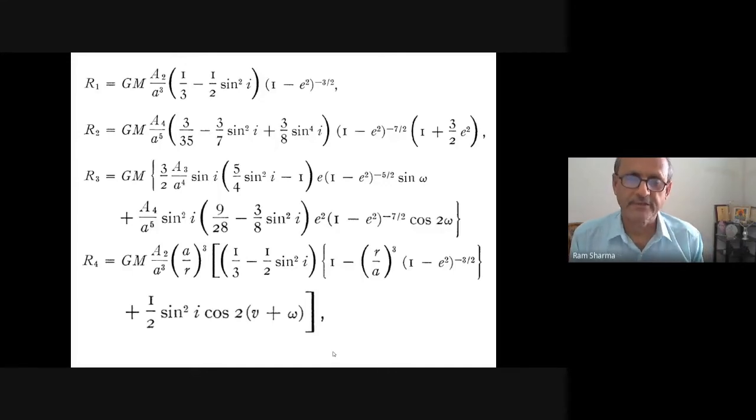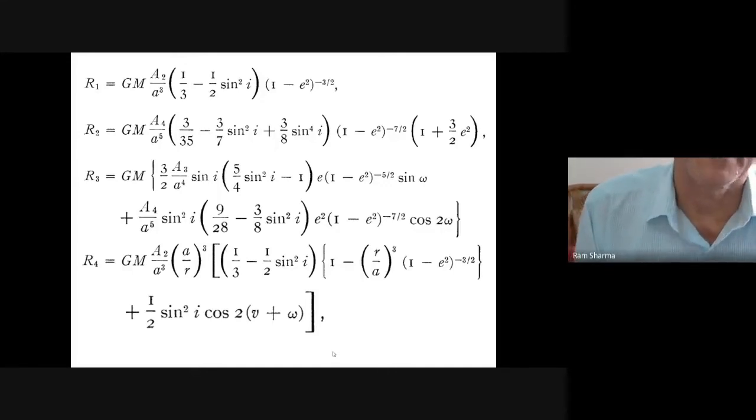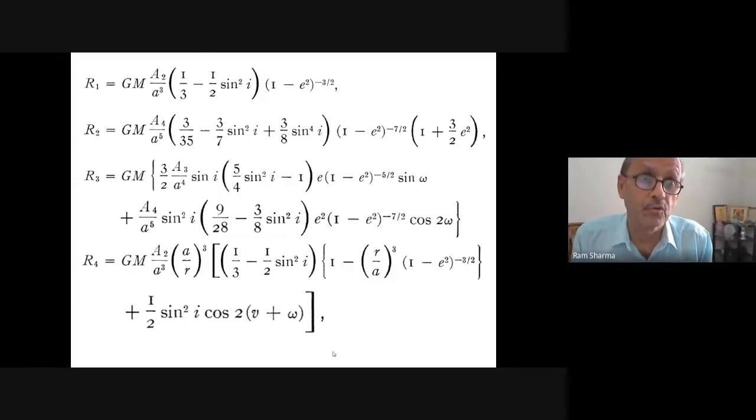From where we got, in the restricted three-body problem, n squared is equal to 1 plus 3 A2 by 2 A1, whatever we got there, that was the one this gives. So A2 means J2. But if we take R2, the J4 term also, so some more can be added there, but the value will be small. Some people have added in the literature, in the restricted three-body problem, the J2 term also, and they added some term there. But it gives not only the mean motion, it gives something else also, that we will see. R3, you see, contains small omega, I, E, etc.